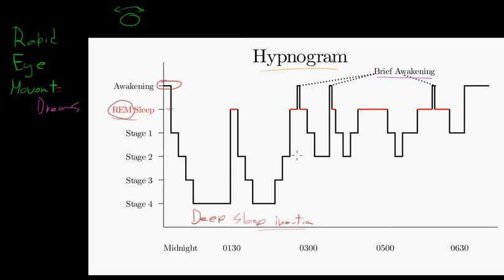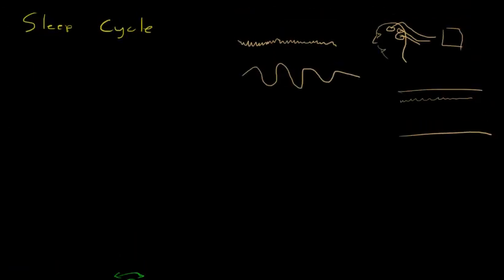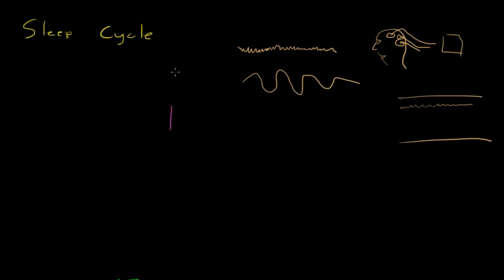And let's see. What else is interesting about this? Oh yeah, rapid eye movement. The cool thing is these brain diagrams that I showed you. Well, I should write this is the delta waves. This is like stage 4, and then this is awake. Okay, so this is your brain constantly going back and forth and processing all the information. It never really goes too far from center. And then when you're in deep sleep, it's just kind of lazily going back and forth. This is just electric potential, positive and negative. It doesn't have any real